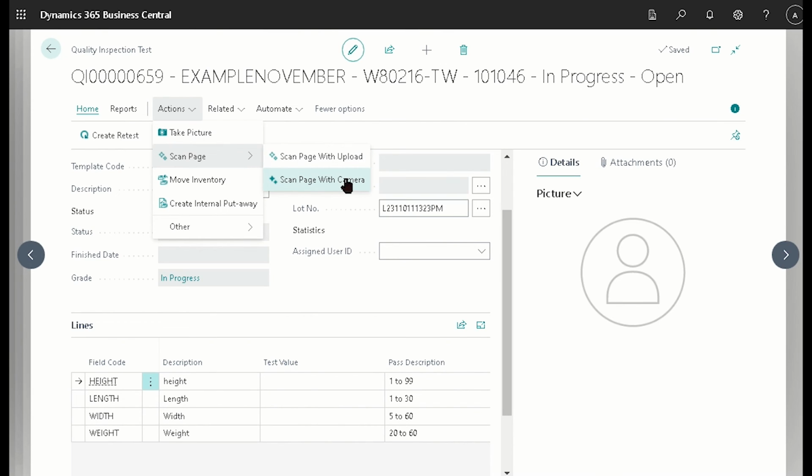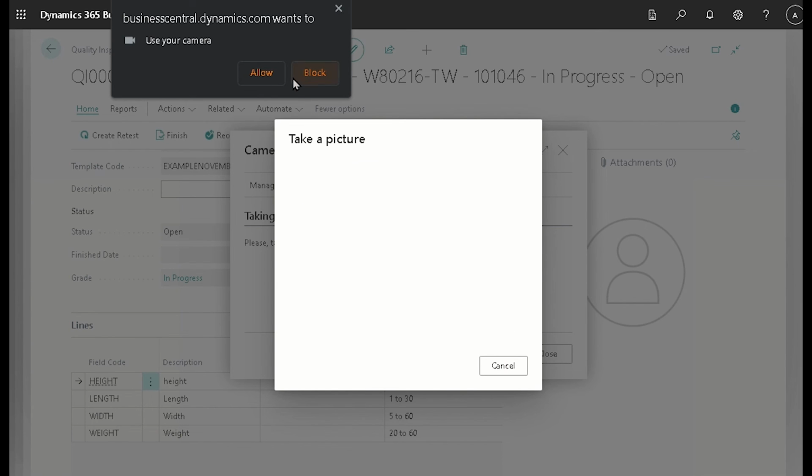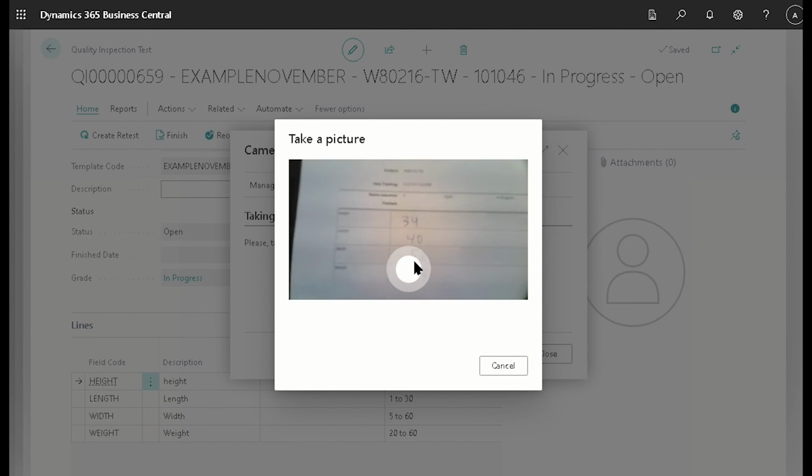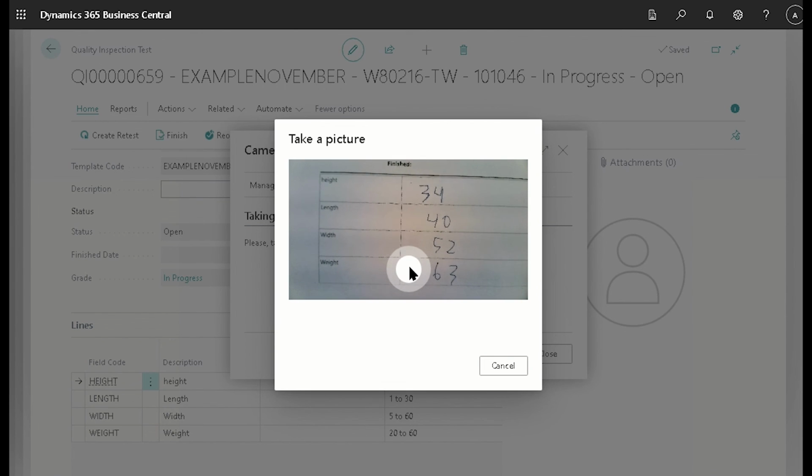So we're going to scan the page with the camera. We're going to allow Business Central to see. All right, so there's our document. We're going to use that picture.